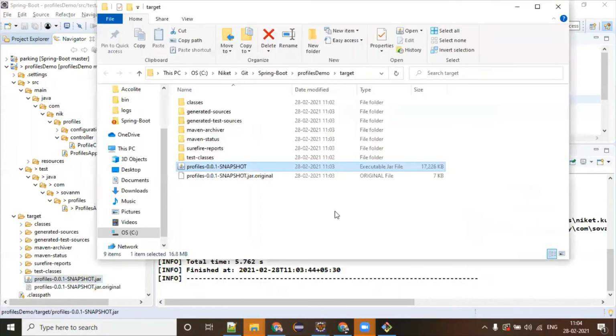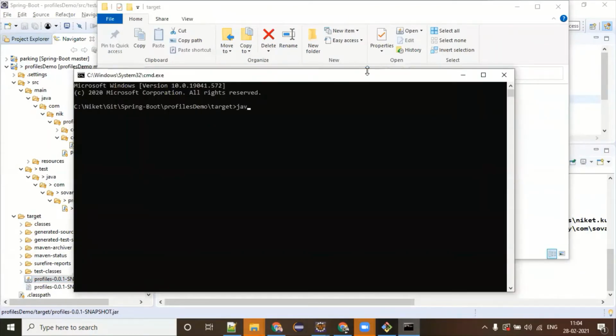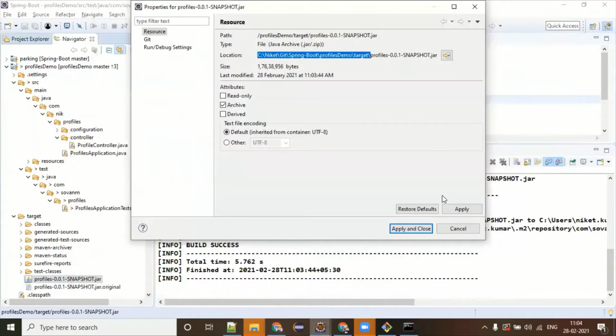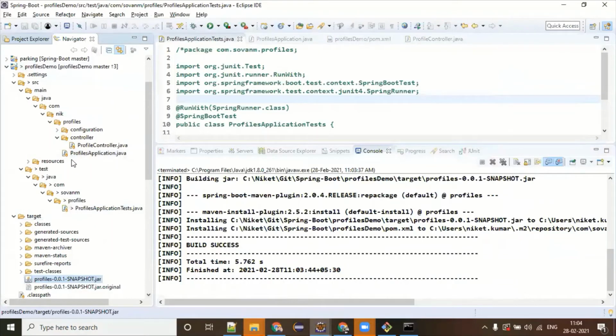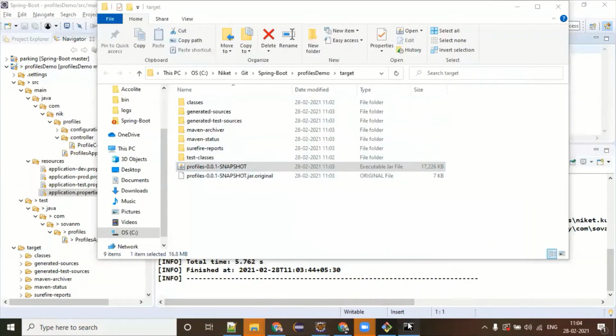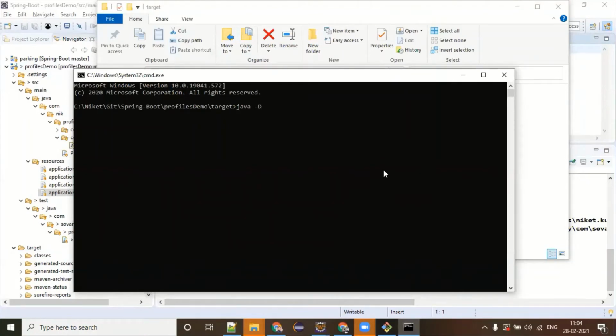It's already opened. Here we are. CMD. Java -D and whatever your configuration is. So right now we are looking to override which configuration? It is the Spring active profile, which we are giving as dev.